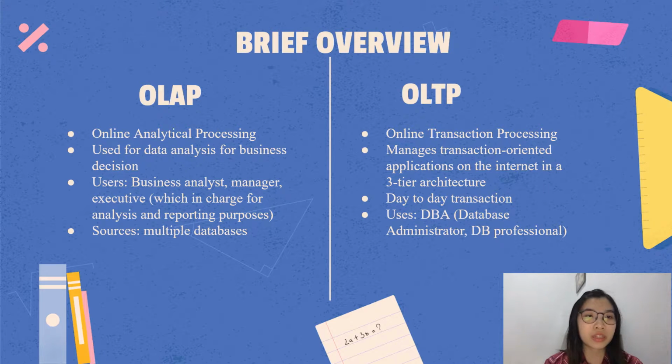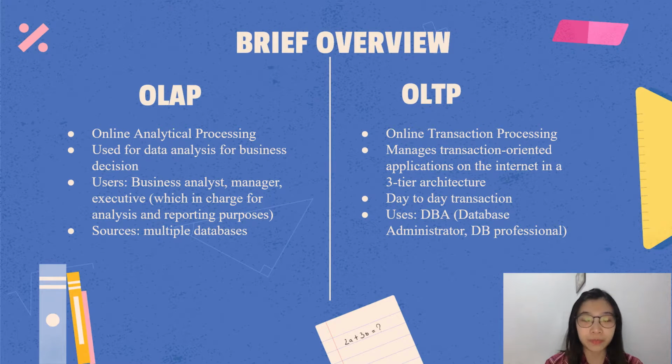OLAP itself stands for Online Analytical Processing, and it consists of software tools that are used for data analysis, mainly for business decision making. Usually, the users of OLAP are business analysts, managers, and executives for analysis and reporting purposes. OLAP also allows database information extraction from multiple databases, while OLTP stands for Online